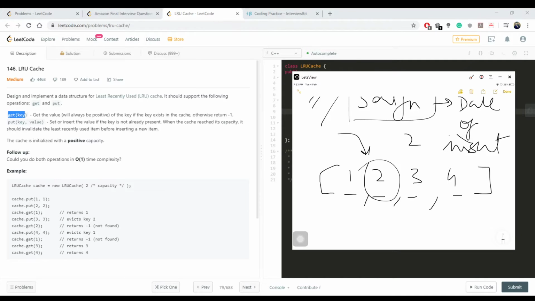If we find 2 in this list, we can update the list itself without removing it from our cache, without removing any other element from our cache, because obviously get is not supposed to do that. That's put's job. So we can just remove the 2 and put it in front of the 1. So now 2 is the most recently used item, and 1 is the second most recently used, and so on